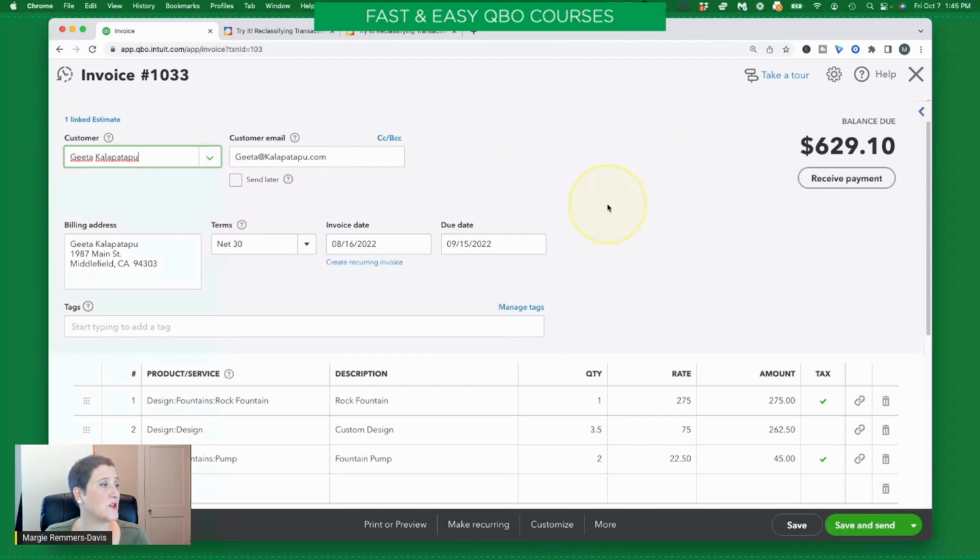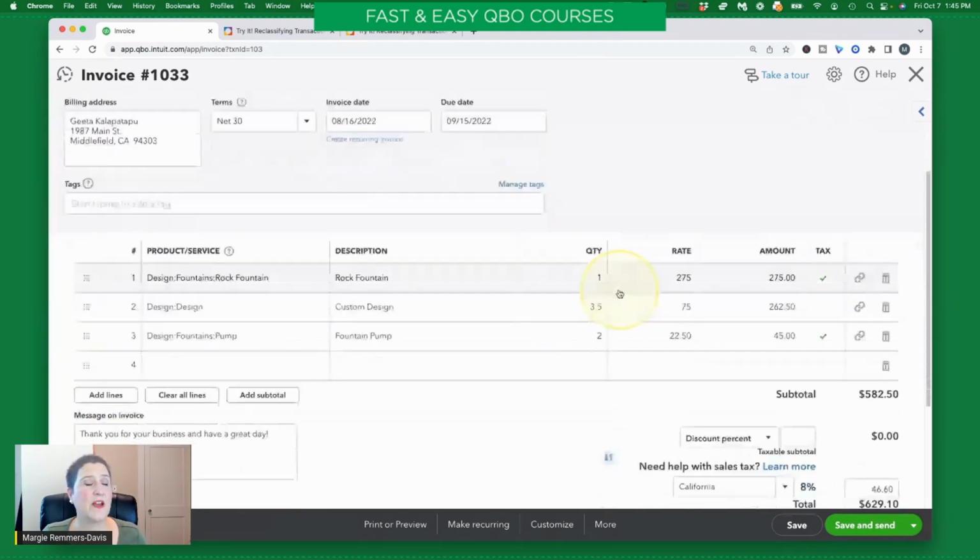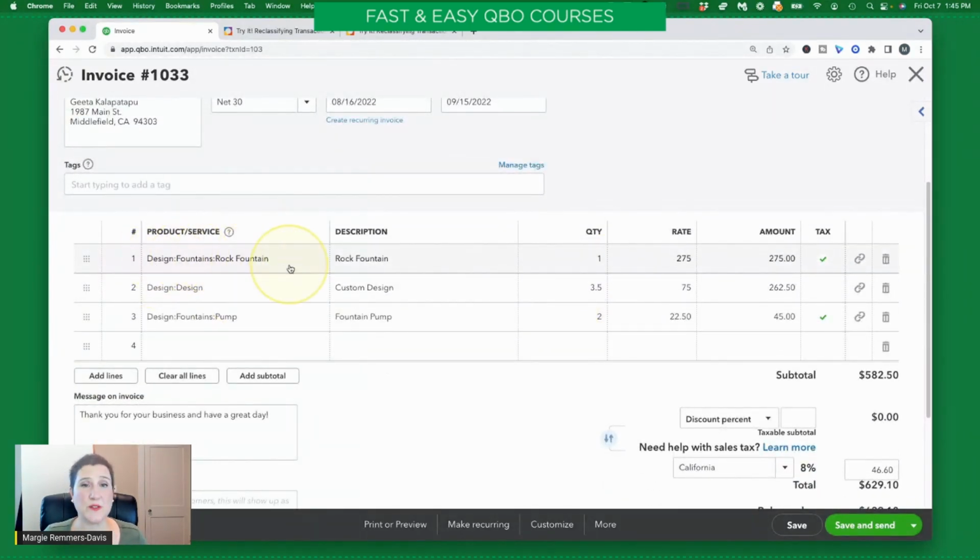Well, there is no design income category on this. There are items that are referring to design. So we have the design of the rock fountain. We have some custom design work. We have